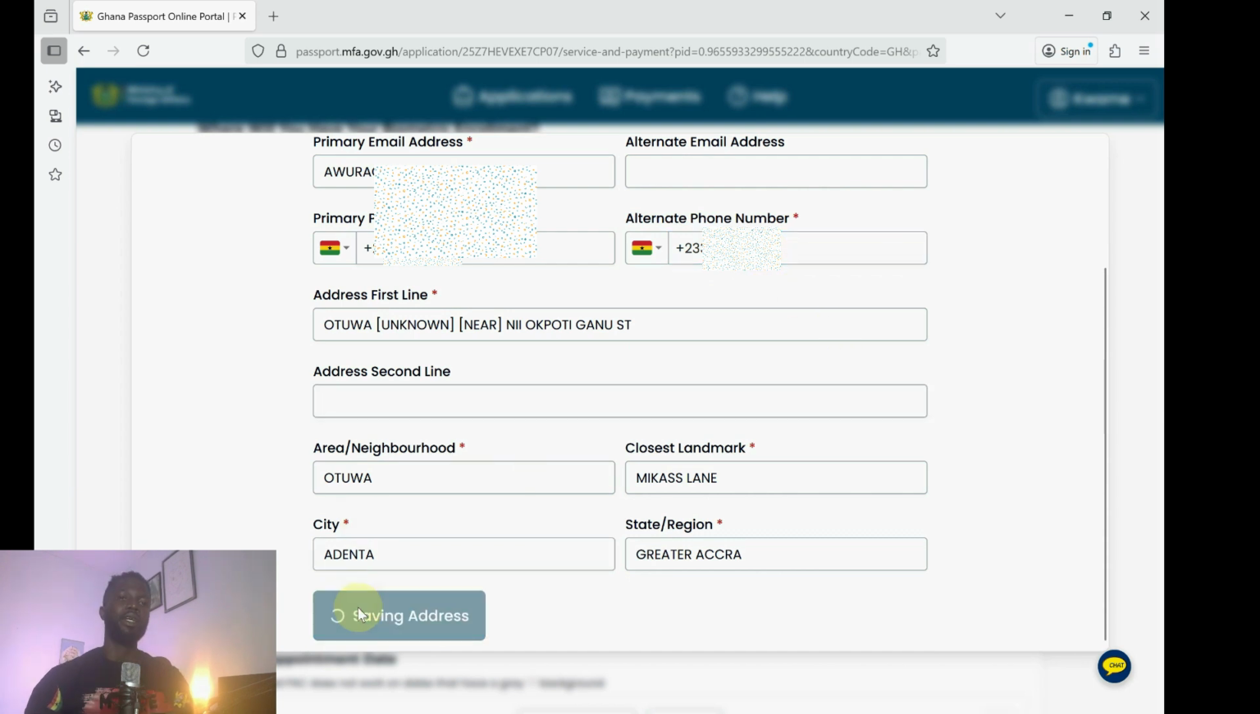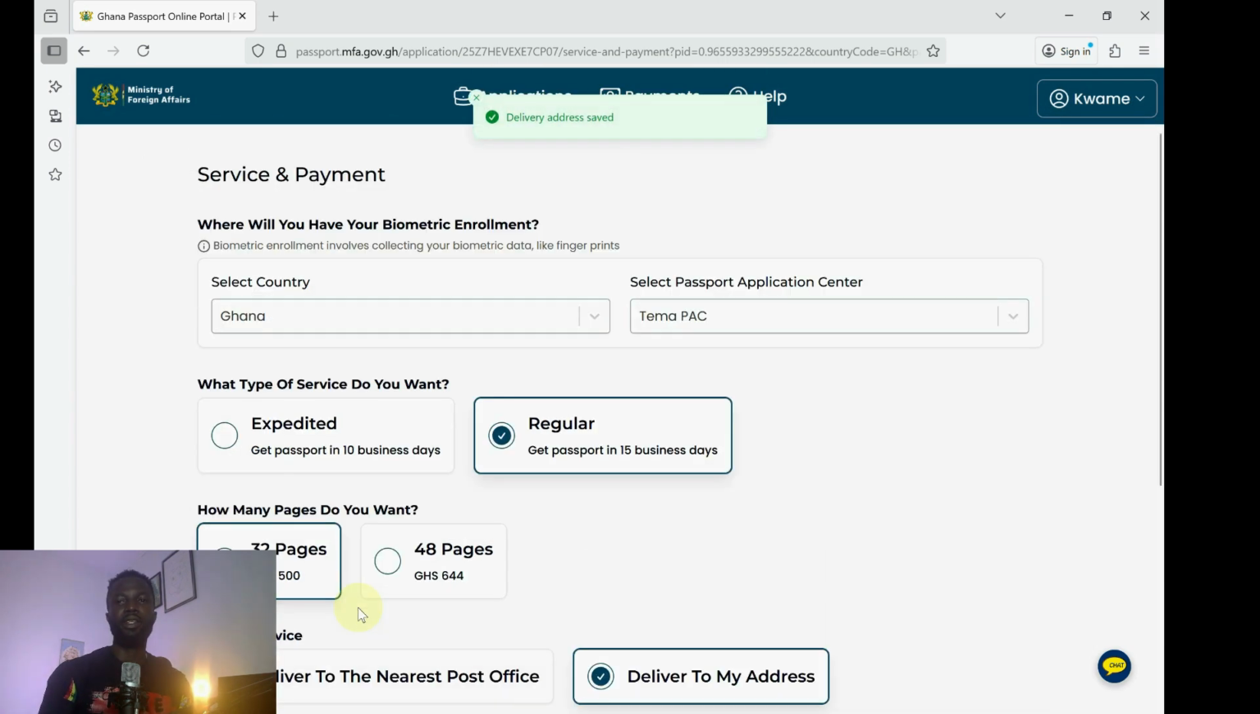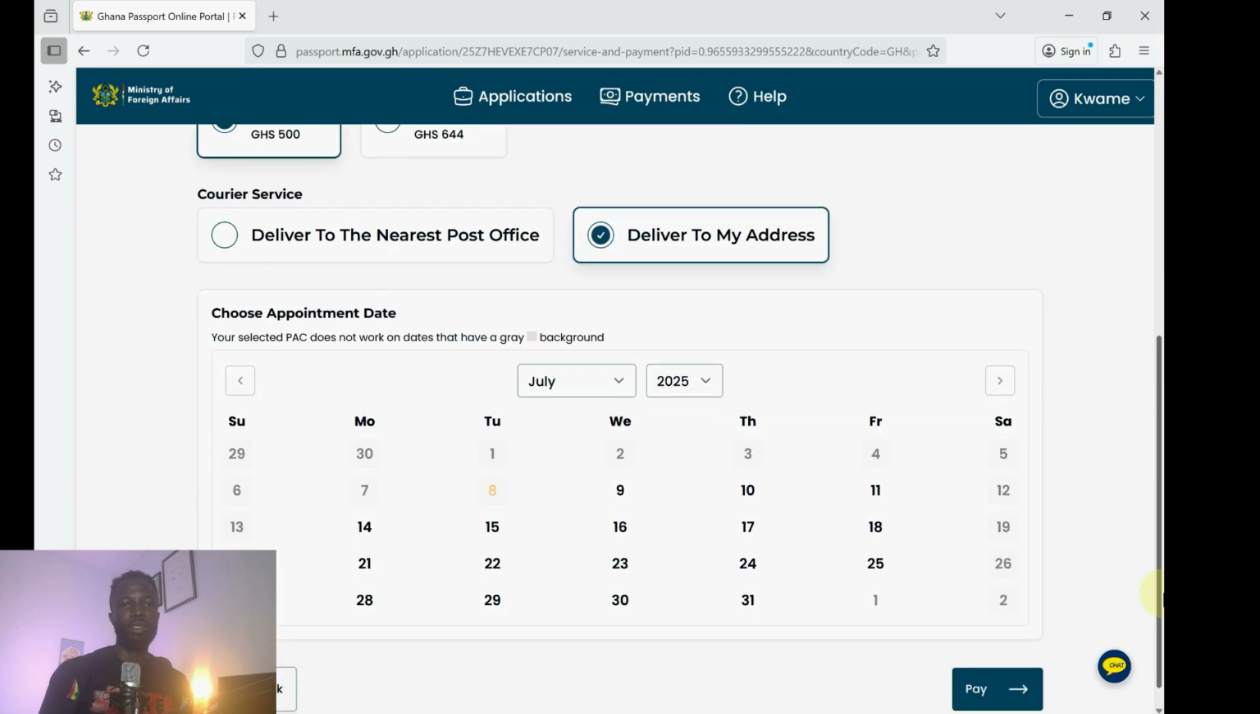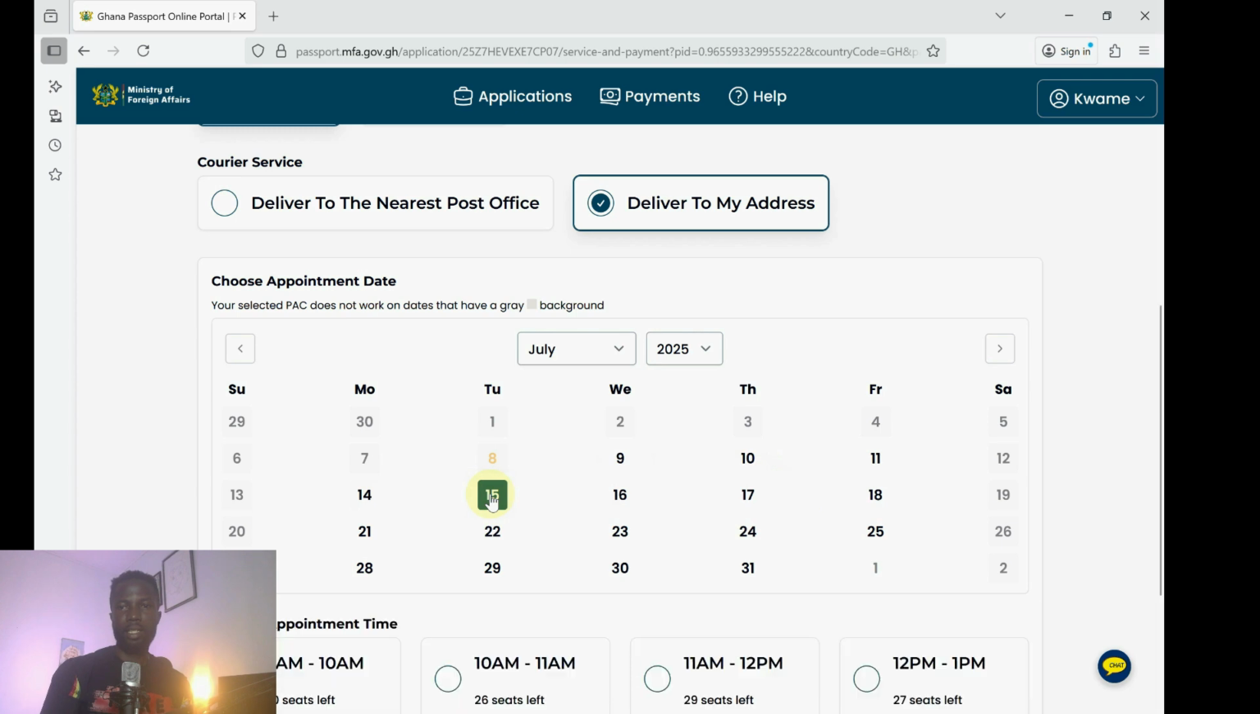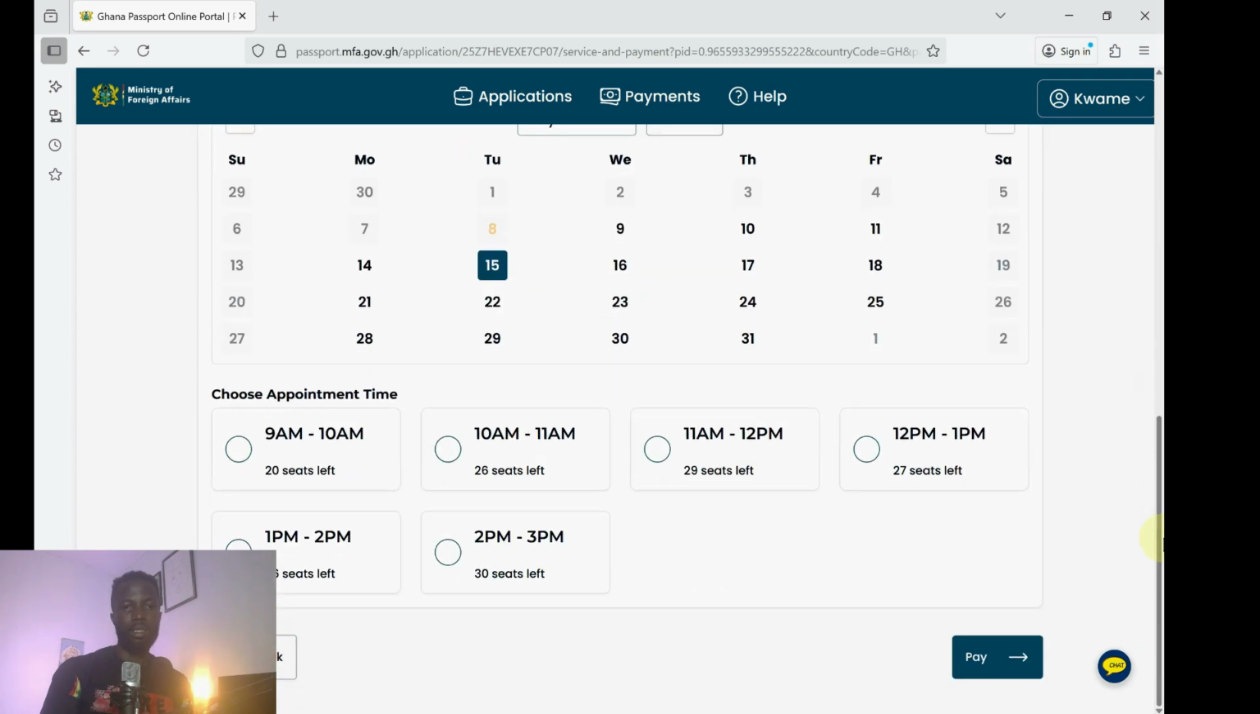Okay, so once we've provided the courier details, then the next is to select an appointment date, right? So we are going to select an appointment date. Let's select a date like this, and then right after here